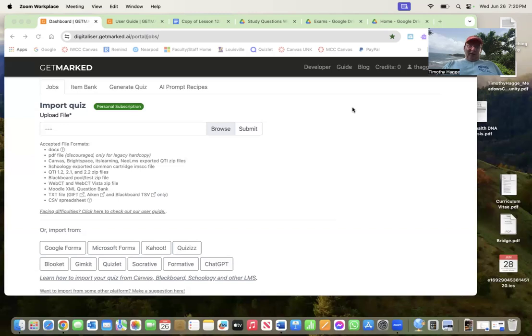And I did a little search on the internet, of course, and I came across this site, an AI site called Getmarked Digitaliser or Digitaliser Getmarked. And this is my account for Getmarked here, and that you can see here on the window. And if you notice,